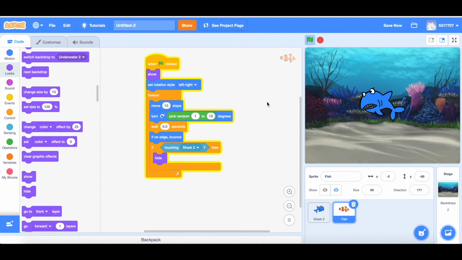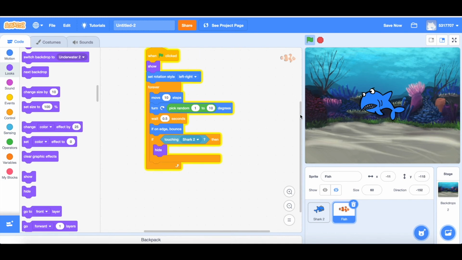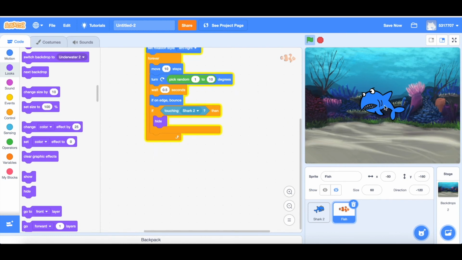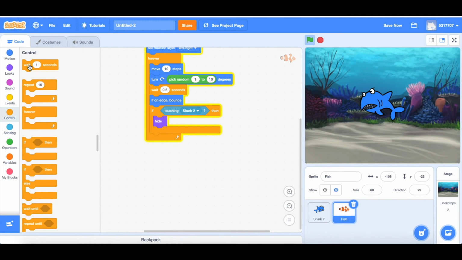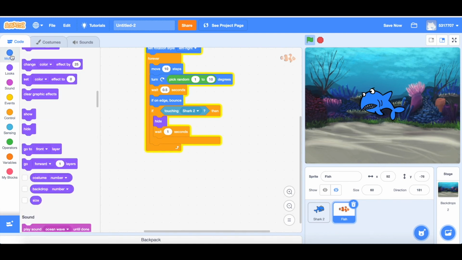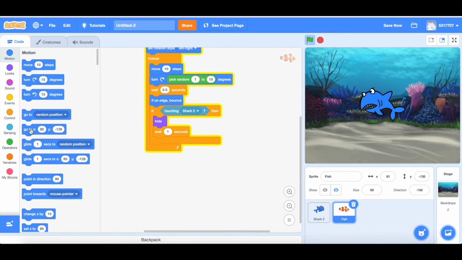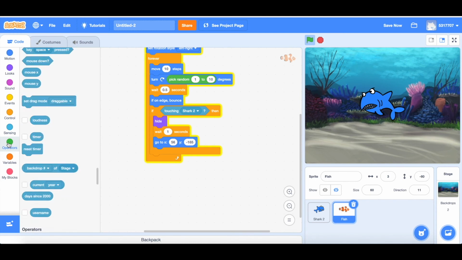So in order to stop that, we are going to use some more codes to make the fish disappear and reappear a bit more randomly. And so we go back to control and then wait 1 second. So you get the wait 1 second block and fix it with hide. So what it does is when the fish is hidden, it waits 1 second. And then we go back to motion and then go to X and Y. So you get that one and fix it with wait 1 second